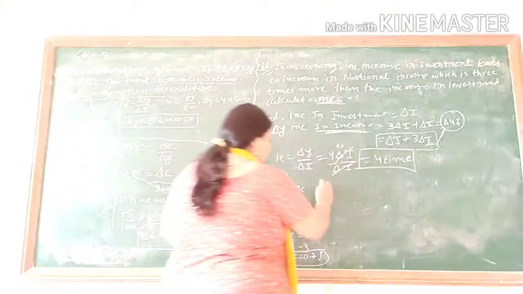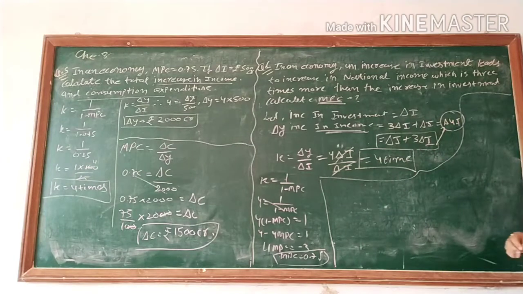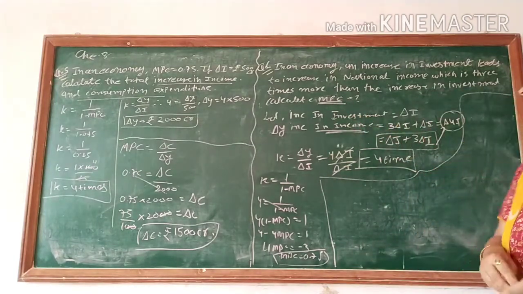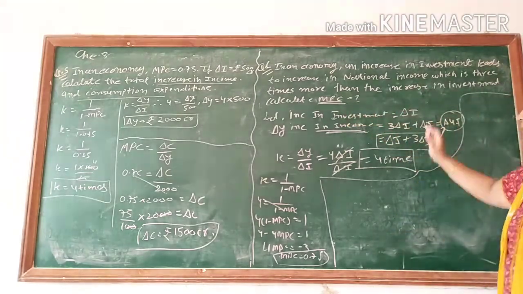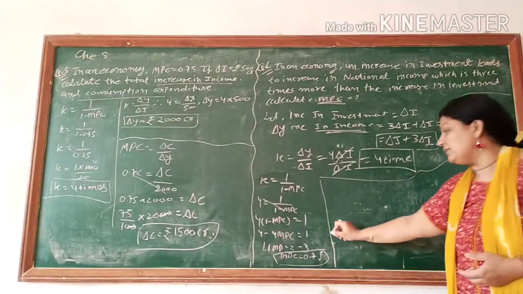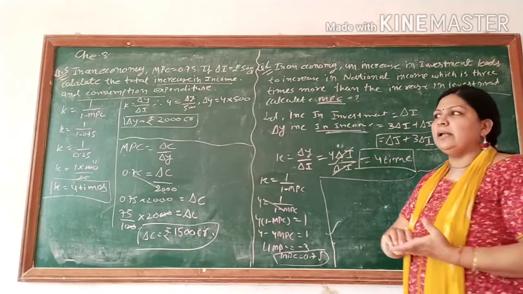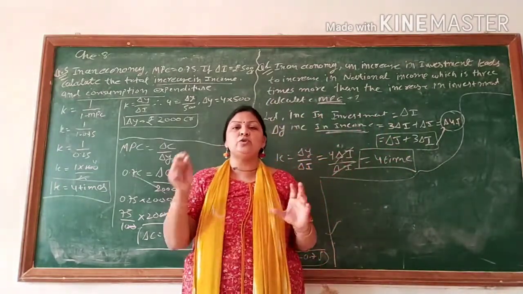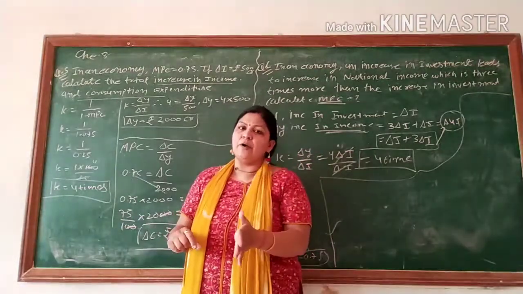Clear? Now, what we want? We want MPC here. What is the calculation? MPC. MPC तो मिल गया. Clear? So what we find out is the increase in the investment and calculate the MPC. हमने 4 times increase पता करा बेटा K it is and MPC we just find out. That is the question only. Clear? I hope you can understand about the जो भी data दिए हैं, according to the data just find out the values. According to data you just put the formula also.